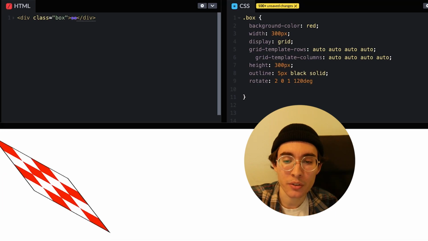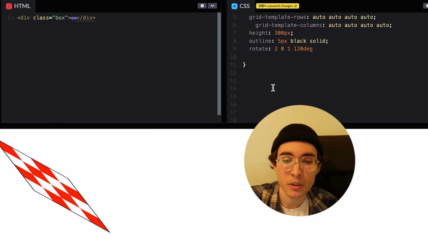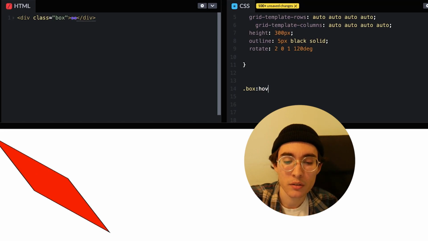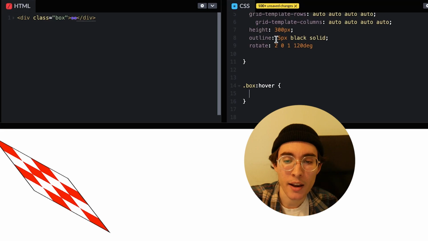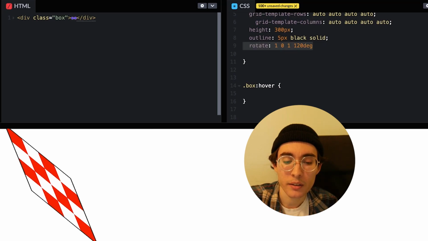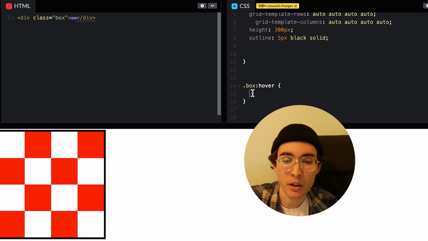But where this gets really interesting is when you add it to a hover class. So let's take a look at that, for example. So let's type in our class, box, and then let's create a pseudo class here of hover. Alright, and now let's take this rotation. Let's make it a little bit nicer first. Alright, now let's take this rotation and then let's put it in the hover. Alright, and now if we hover over the element, you can see we get a 3D